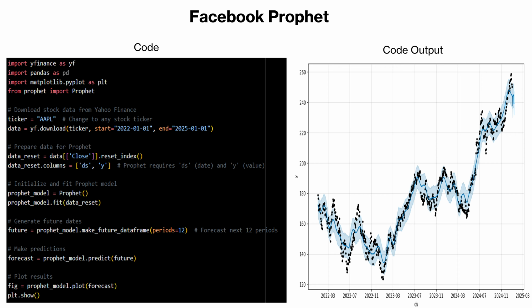The model is then initialized and fitted to that data, during which it learns both the underlying trend and any recurring seasonal cycles. After fitting, Prophet generates a future calendar of dates and predicts the corresponding values, producing not just point estimates but also confidence intervals. Finally, it plots the historical points alongside the fitted curve and its forecast, giving you an intuitive visual of past